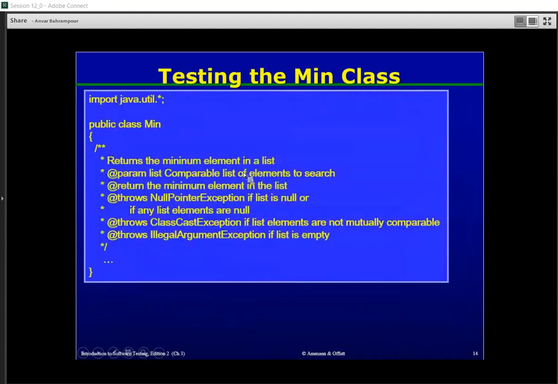This is the code of the min method of our min class according to this specification of min class. We want to test the functionality, the behavior of this min method according to this specification. So for testing this method, we should design